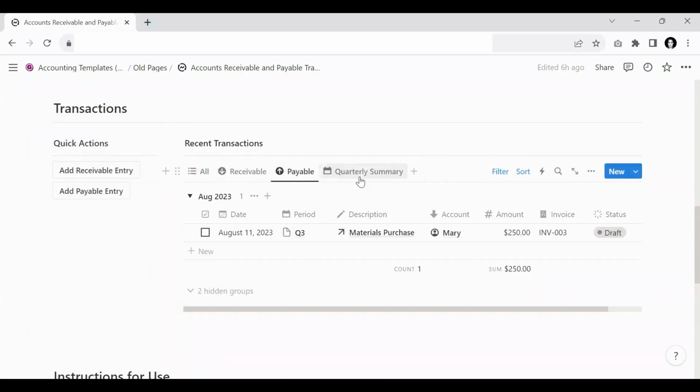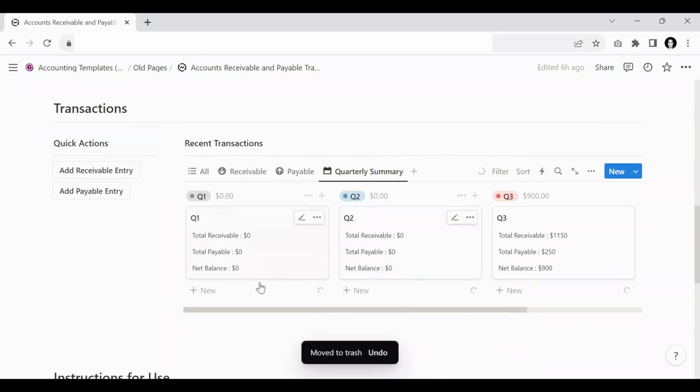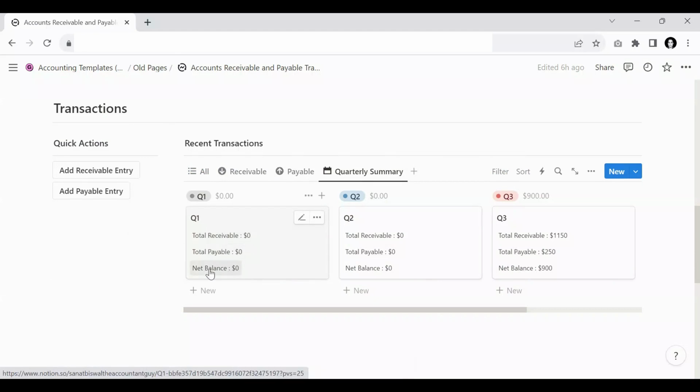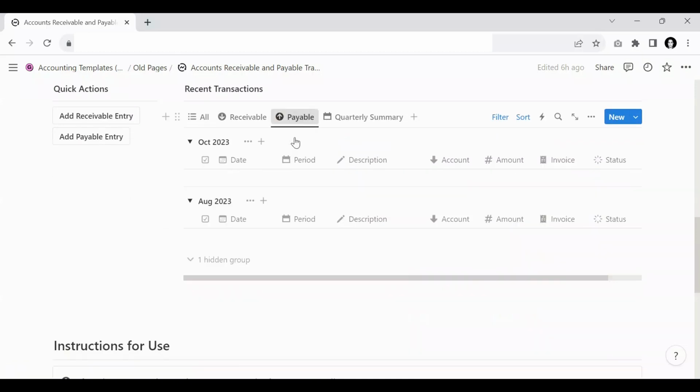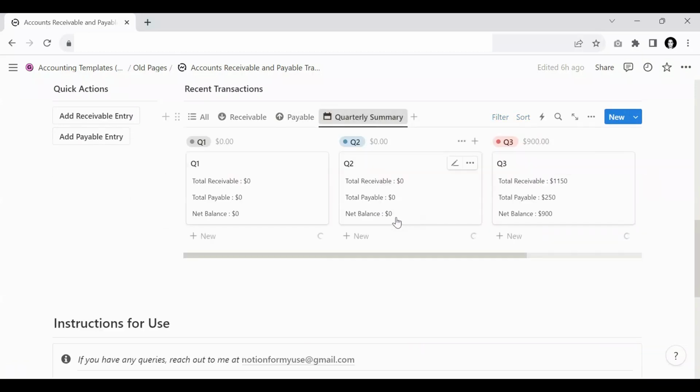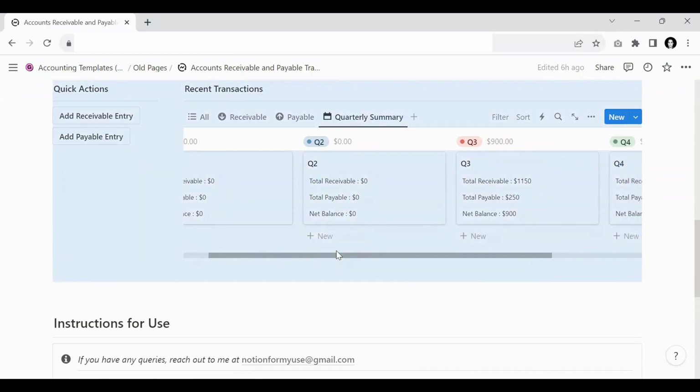After this we have a quarterly summary. A quarterly summary is a summary of all the quarters combined. For each quarter we will have the total receivable amount, total payable amount, and the net balance. As you saw, we had given the details for the third quarter in both the receivable and the payable section. If you slide this slider to the right, you will find that in the third quarter we